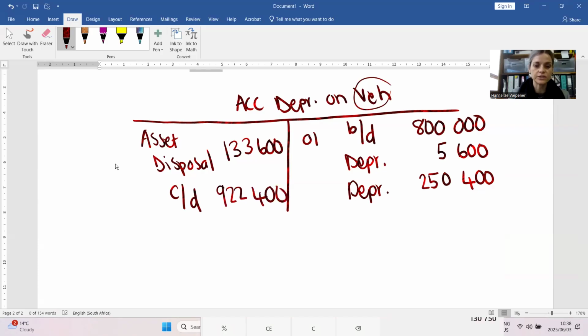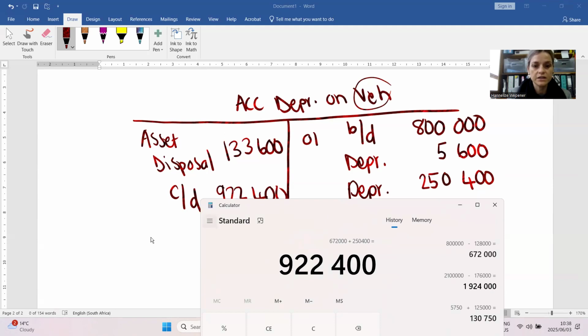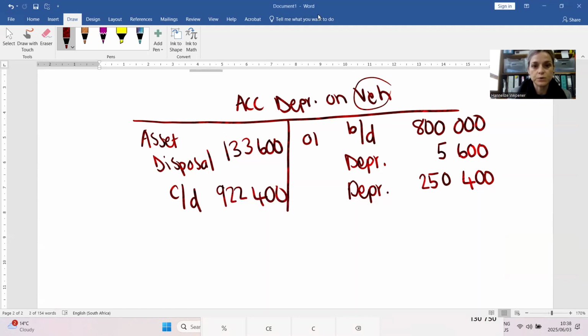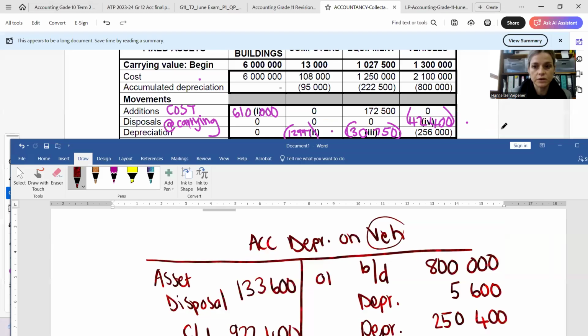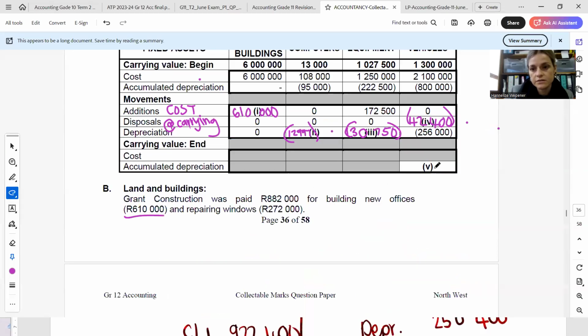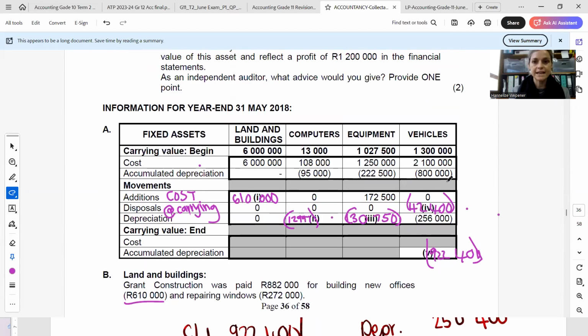That's 922,400 that we have there. So that is then what will go into your note here. So 922,400, remember it must be in brackets. Okay, so that is a fixed assets note with a little more transactions than what we have been